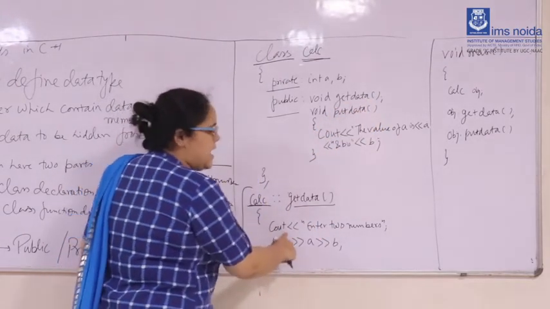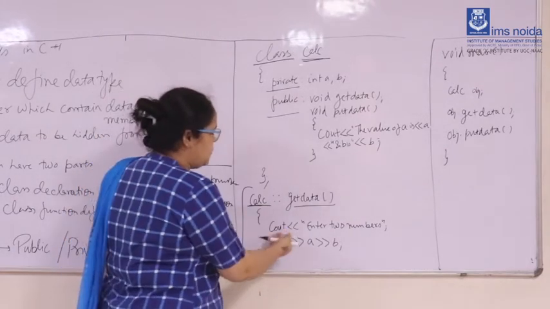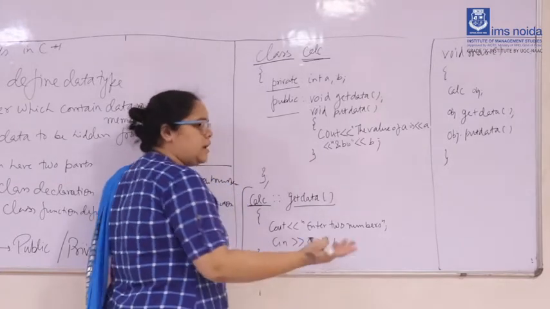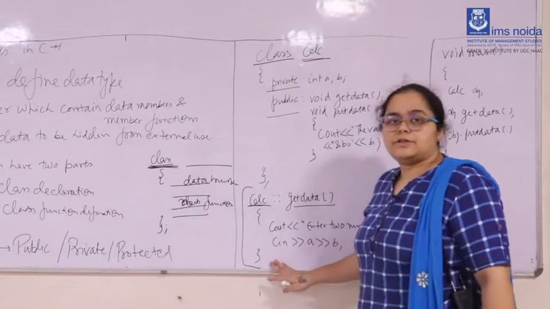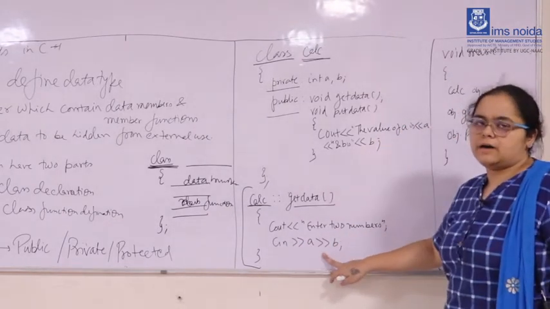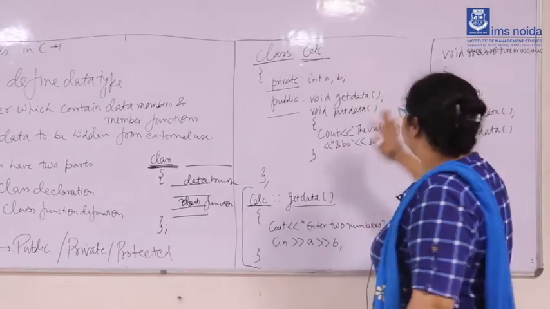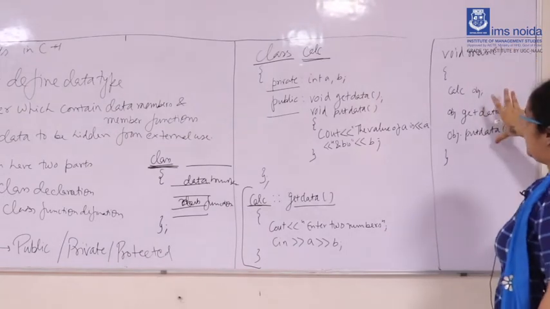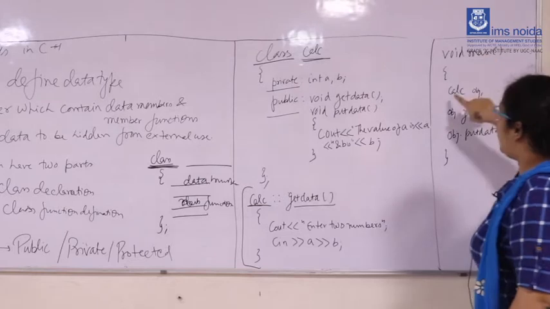Then I have defined my function, like I have to print two numbers, A and B. As you already learned in input classes, with the input stream we can use this operator multiple times in the same line. Okay, then we have void main, that means the main part of our program. So in main, I have created